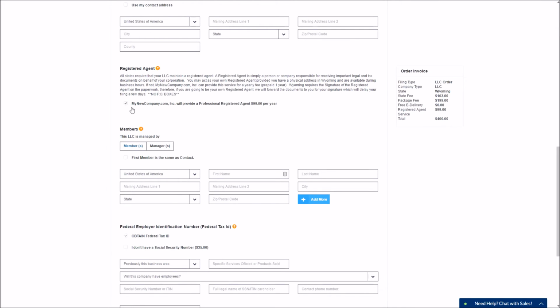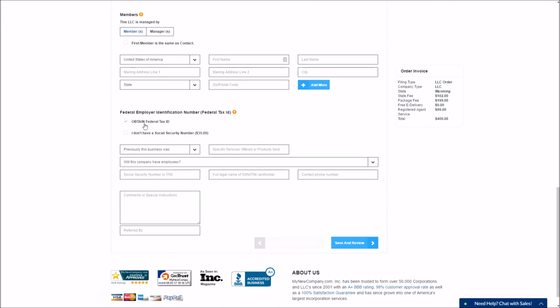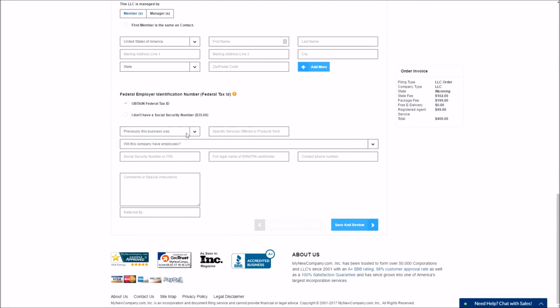Registered agent, of course, this will be checked off depending on your situation. And members, here's the question mark bubble. This will help you throughout this whole filing process, and you get your federal tax ID here. And once you've filled all of this out, you can always click on save and review, and then you're done.